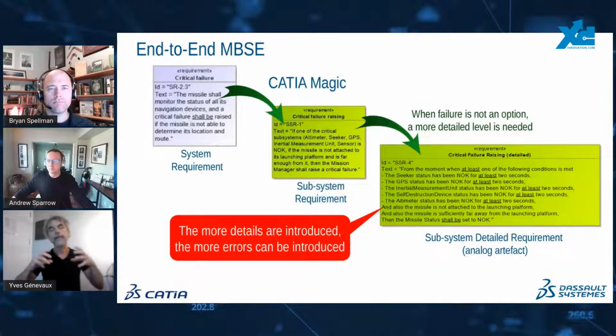And so you're going to inject tons of details saying, I have this value for this signal, the signal name is this one, and that value must be this one for 2 seconds, etc. So you inject many, many details, which are as many occasions to make mistakes, and that is when things get really out of hand. It is in that kind of requirements that we're going to find many, many errors always,